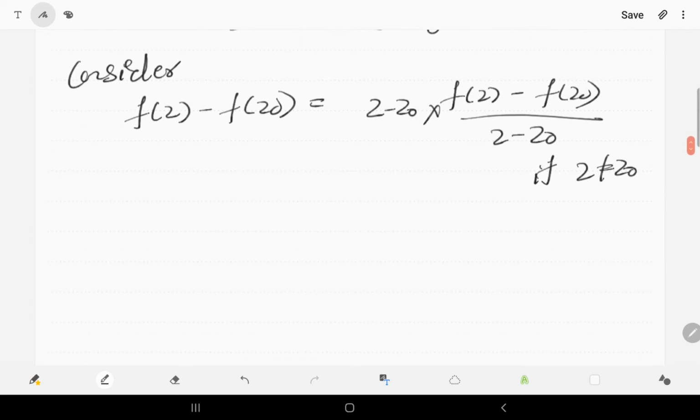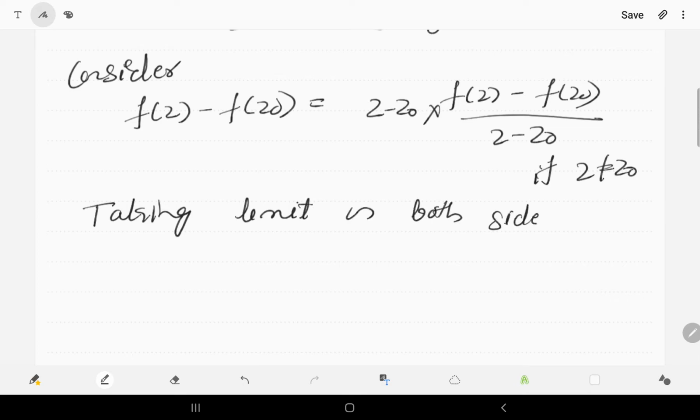Now taking limit on both sides as z tends to z0, we get